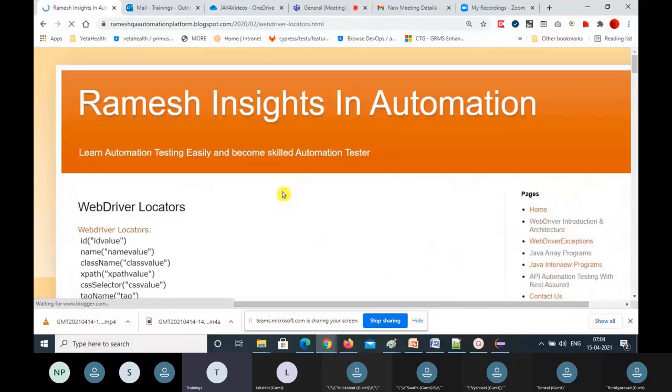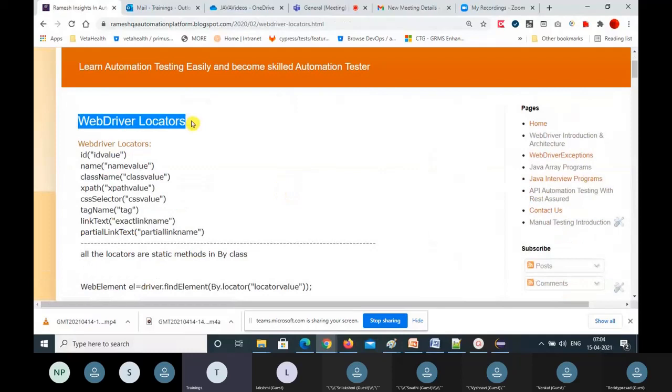So what are all the WebDriver locators? Another major interview question. id of ID value, name of name value, className of class name, xpath of XPath value, cssSelector of CSS value, tagName of tag, linkText of the exact link name you have to give, partialLinkText of partial link name.